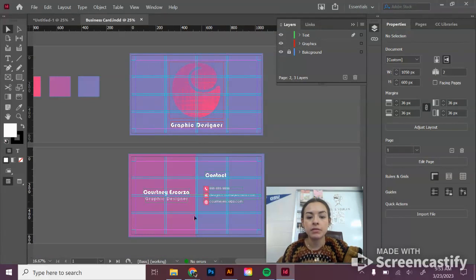Same thing here, nothing looks too congested. It's not crowded, or like I didn't scoot it all the way to the edge, or even the margin line. I'm leaving breathing room. Things are spaced out and balanced, and this is why we use grids to help us maintain that space, because keeping space is just as important as the actual graphics that you